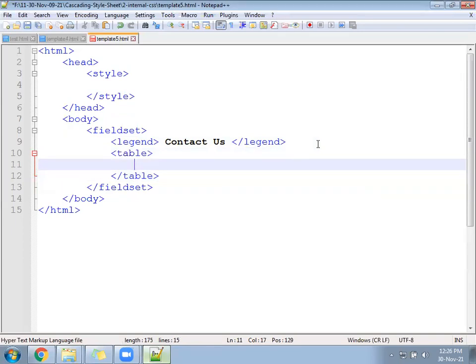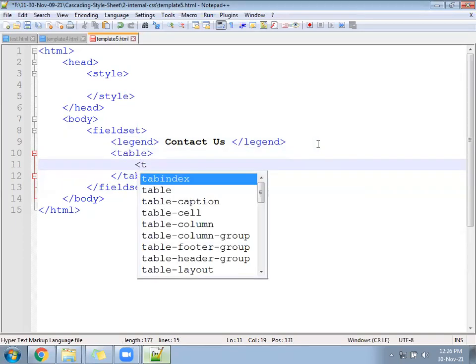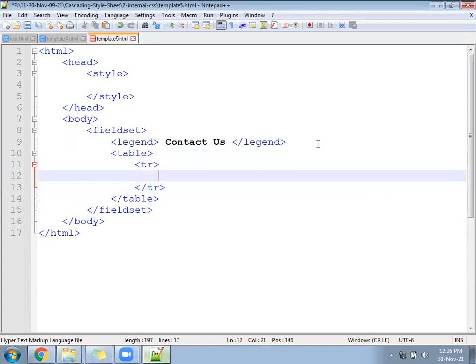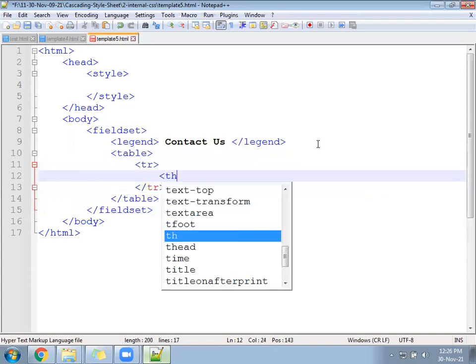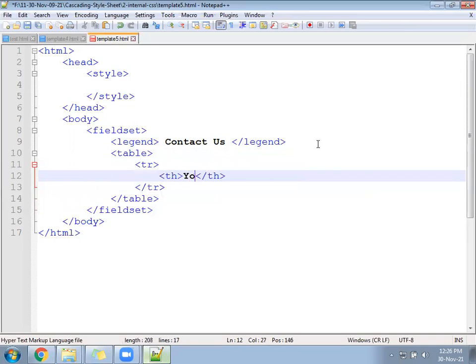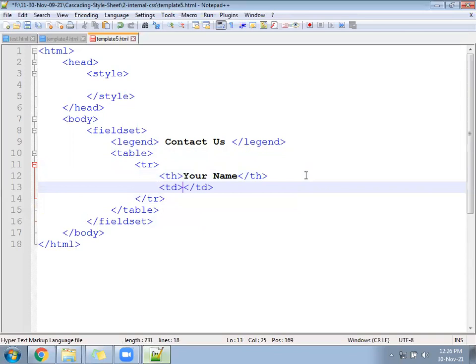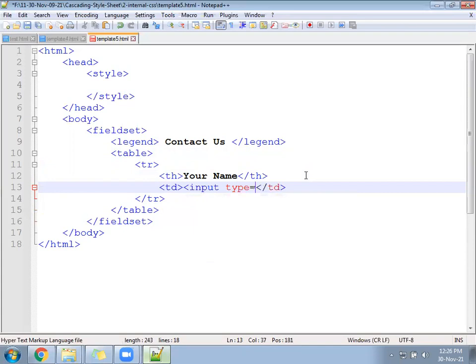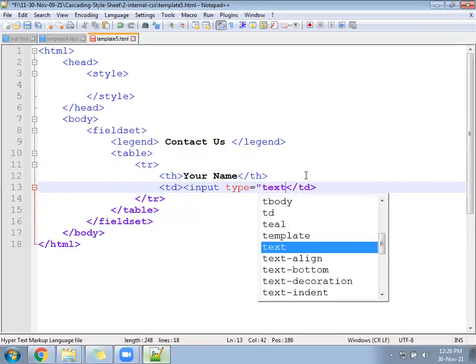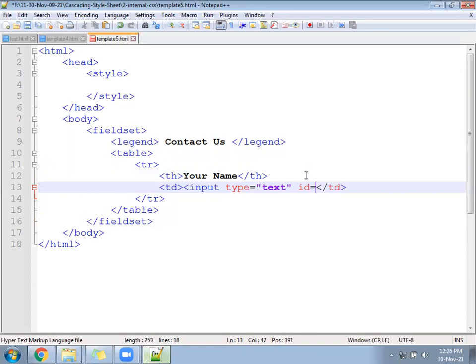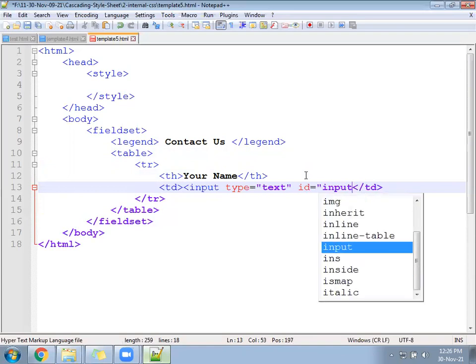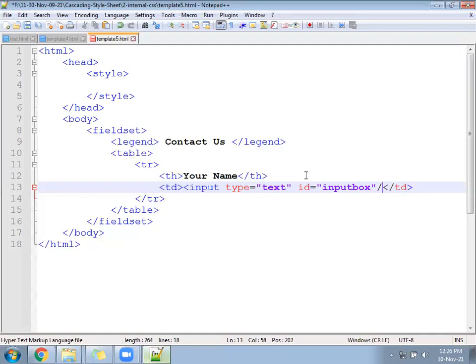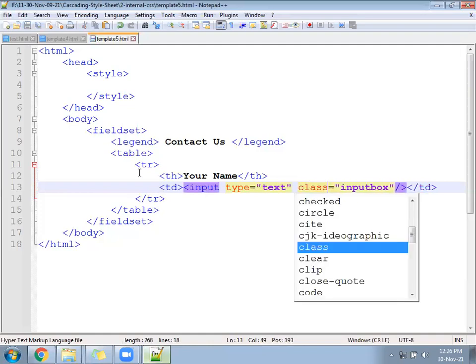Table, and this table will be based on directly TR we can follow, and we'll write here TH your name, next TD, input type equal to text, ID equal to input box. You can keep this one as a class, not ID. Class equal to input box.